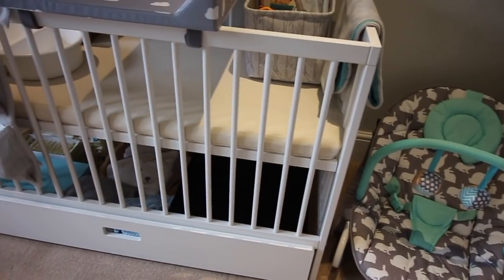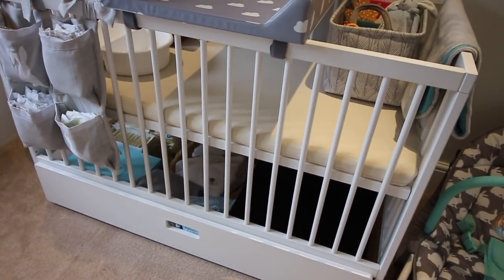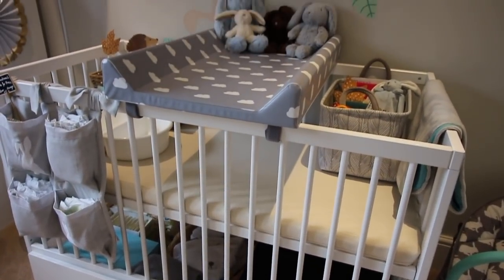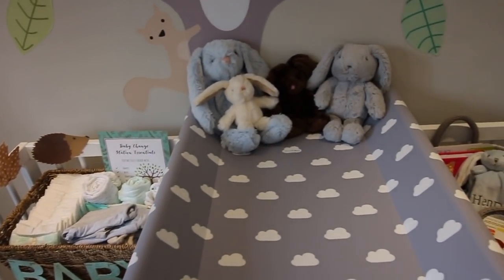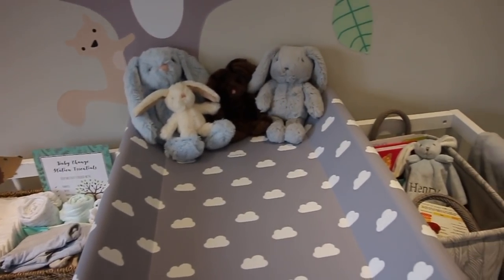The furniture that wasn't in here, obviously, is the cot. So this cot is from moKee. We went for this cot for 2 reasons. Firstly is the changing top, which is very useful. So I'm going to be using this as a bit like a changing station for the first 6 months, because